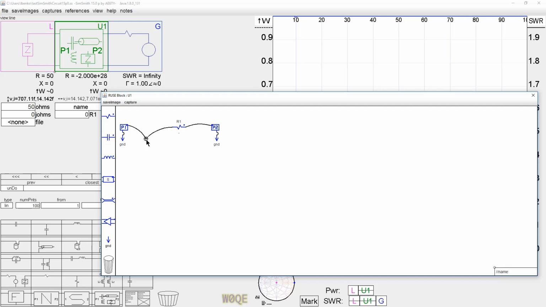And if you're not familiar with how to edit in a ruse block, basically right-clicking the mouse button disconnects the point, and left-clicking connects it. If I want to stop it, I just left-click again, or I can hit spacebar. But if we take this port here and send it on to the load, and then we have another resistor here,